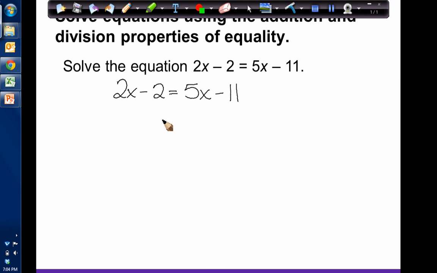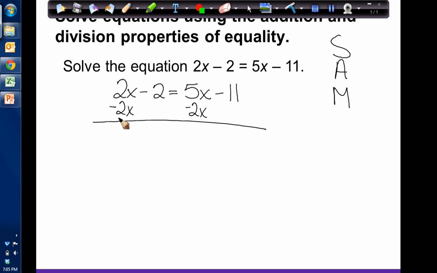Exactly the same situation here. We want to use our best friend Sam to help us remember the order in solving this equation. First, we simplify each side of the equal sign. Can we simplify 2x minus 2? No. Can we simplify 5x minus 11? No, we don't have any like terms. So we move on to the addition and subtraction. We want to get all the x's on one side and the terms that don't have x's on the other. First, let's get all the x's together. We subtract 2x because this is a positive 2x. By subtracting 2x, it makes this go away. Now we have minus 2 equals